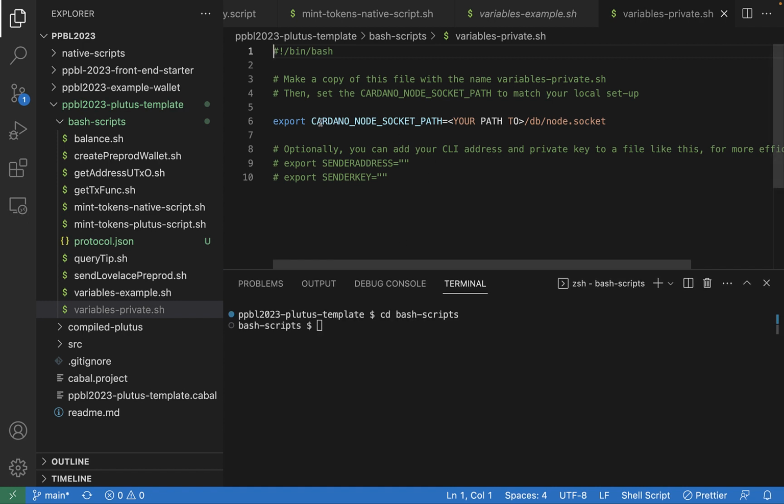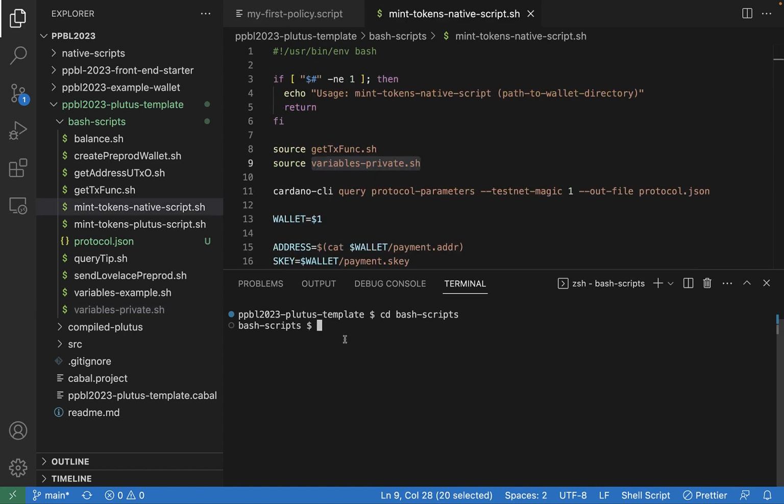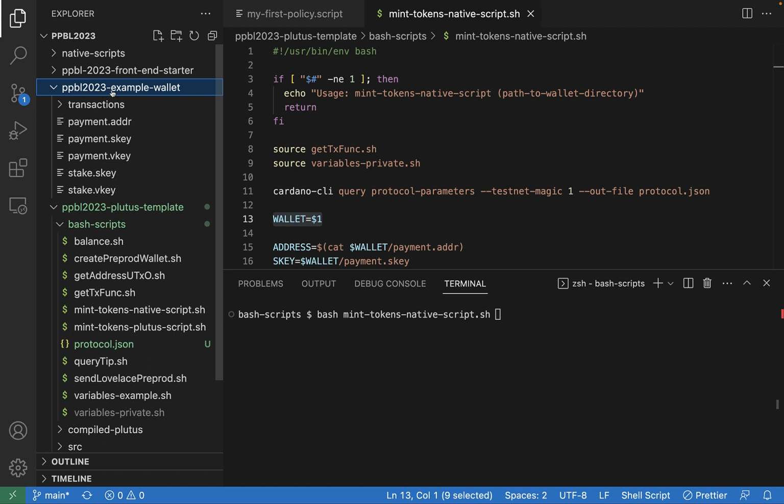At minimum, I need to set the path to my Cardano node socket. And for added convenience, you can try adding your own address and path to your private key. For now, I'm just going to set this variable, and I'll do this part off screen because these are private variables. Okay, good. My private variables are now set. Remember that in order to use this script, mint tokens native script.sh, I must supply as a command line argument the path to my wallet folder, which is right here. So I'm in bash scripts right now. I should be able to type .. to go up one level to this directory,